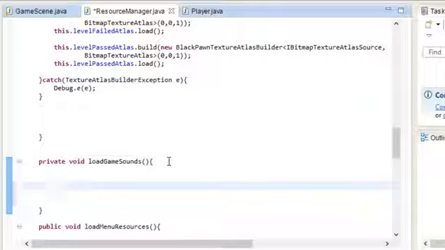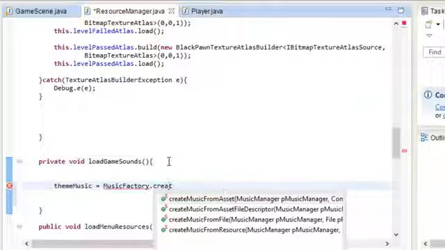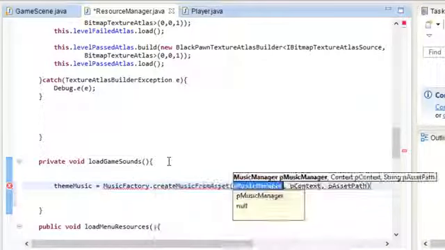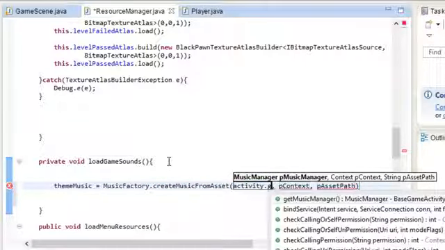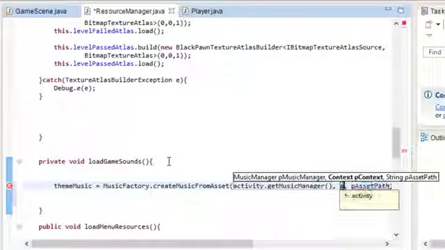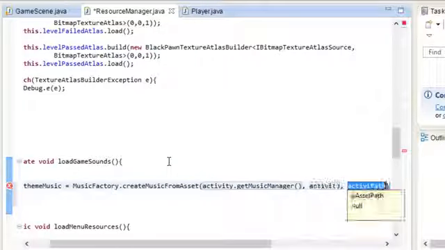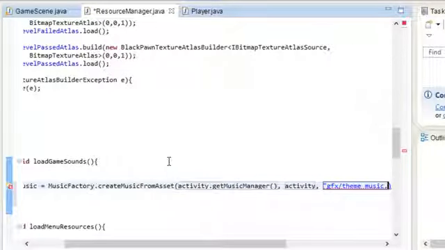So to start off, we're going to do theme music equals music factory create music from asset, and you want to do activity dot get music manager, pass it the activity, and for the asset path you're going to do gfx slash theme underscore music dot ogg,